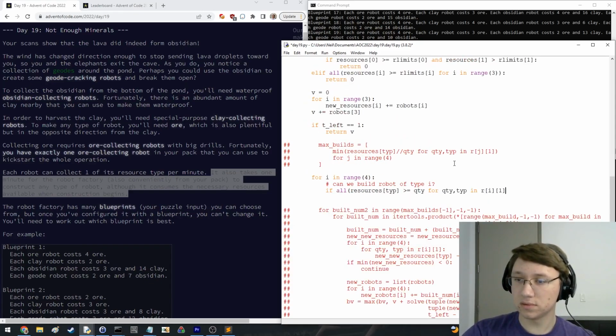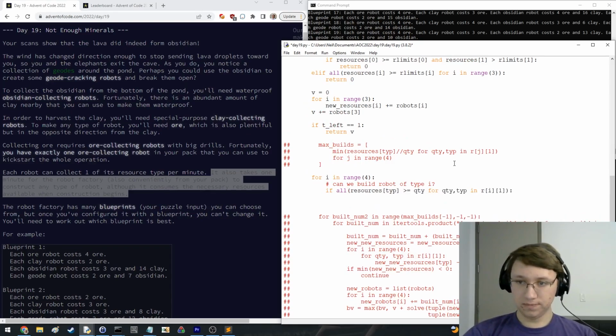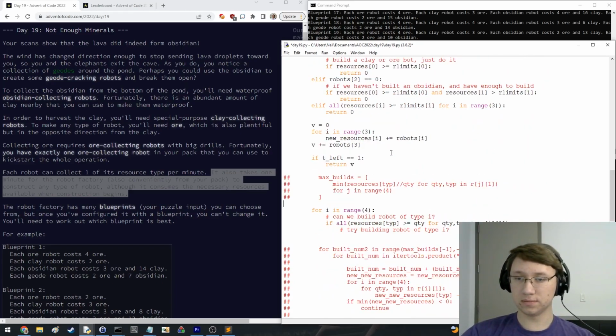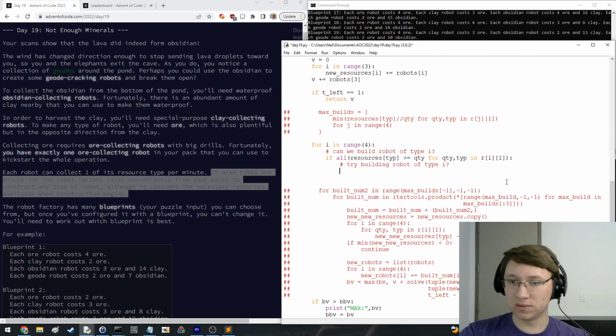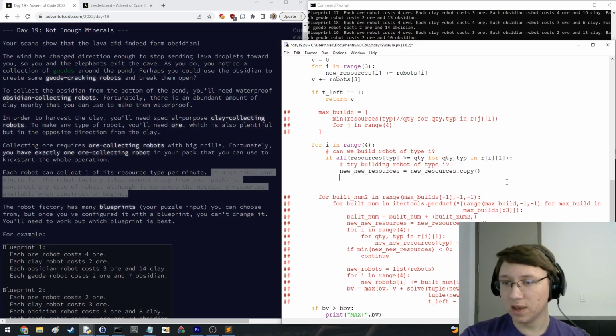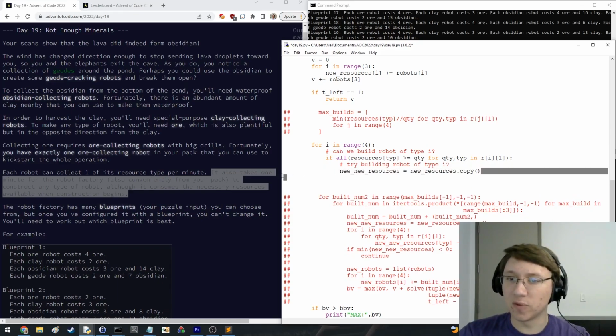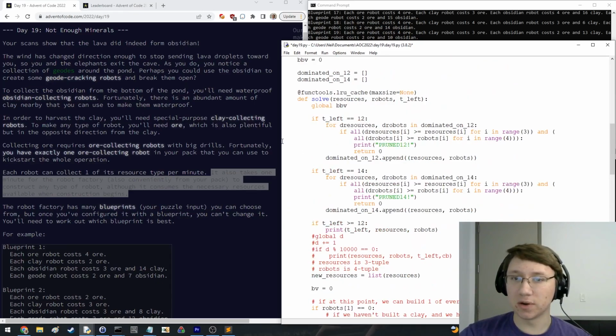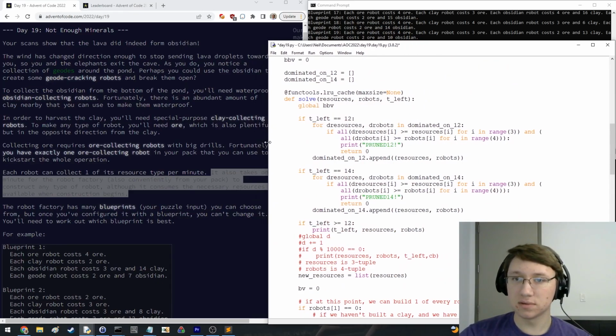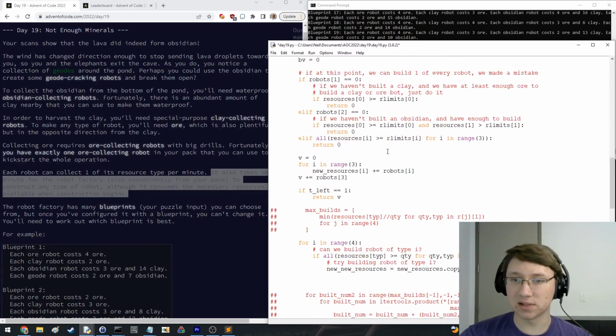Oops. Try building robot of type I. And let's see, so if we build it, new resources, copy. I mean, I could really speed up what I'm doing here, I feel. Maybe I'm just going to hard code it, honestly. That seems like it would make it a lot faster, but